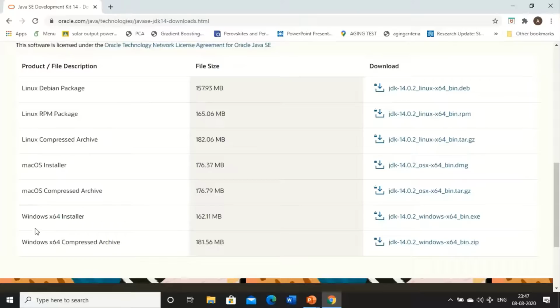Say I'm at Windows 64-bit architecture. So for me, the corresponding JDK will be this one.